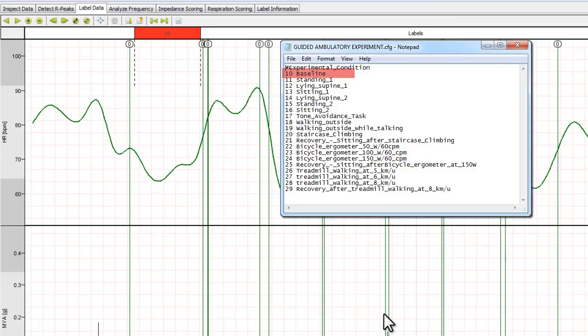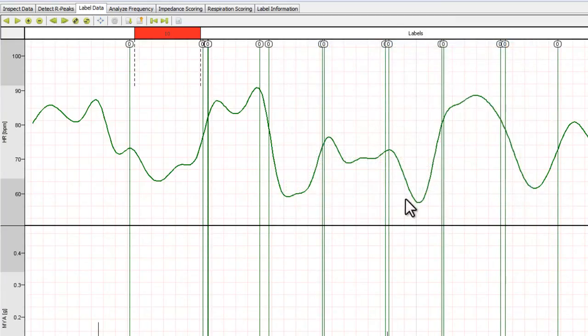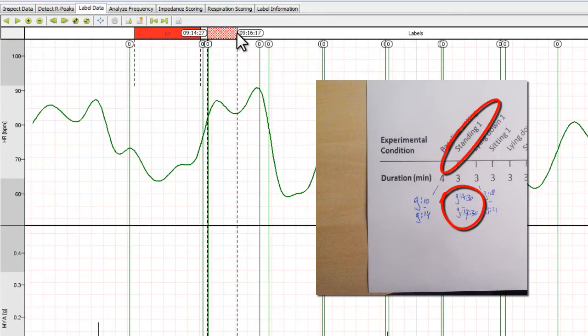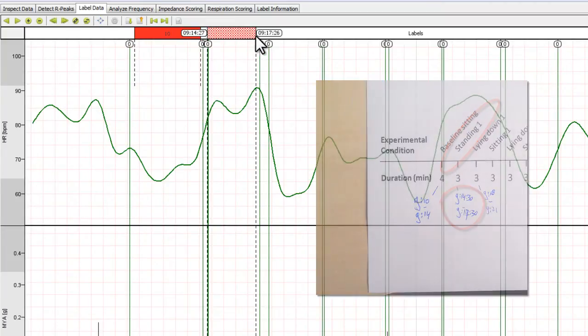You can verify the information in the label by hovering the mouse on top of it. The second experimental condition was quietly standing and started at 9:14:30 and lasted for 3 minutes. Click with the left mouse button in the label bar above the heart rate window at 9:14:30 and then drag from this starting point towards the right while holding the left mouse button pressed until we arrive at 9:17:30 and